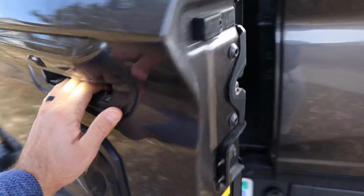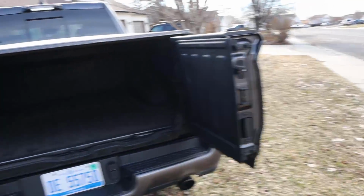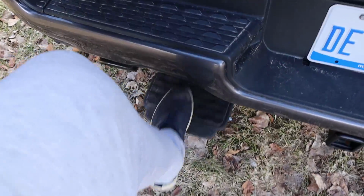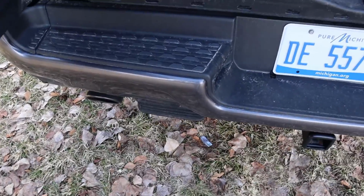Now lifting up the tailgate, it's a little bit heavier because this one happens to have the barn door tailgate, which I actually haven't seen in quite some time. It doesn't seem like as many people are ordering this as they used to, but the cool thing is you still get the kick step here. It's just in the center now with the whole barn door setup,